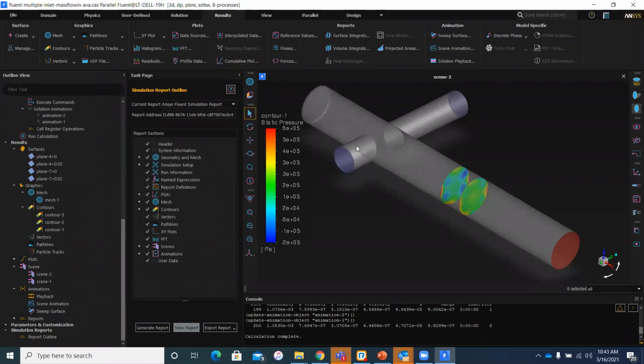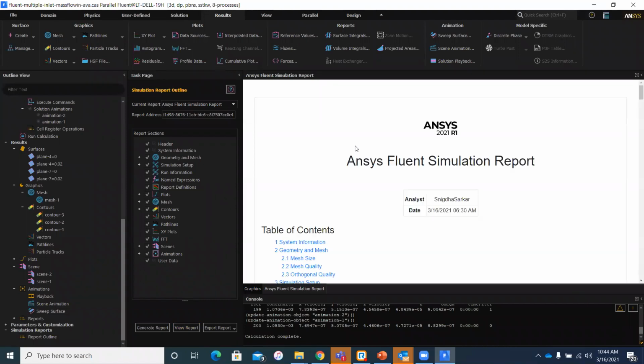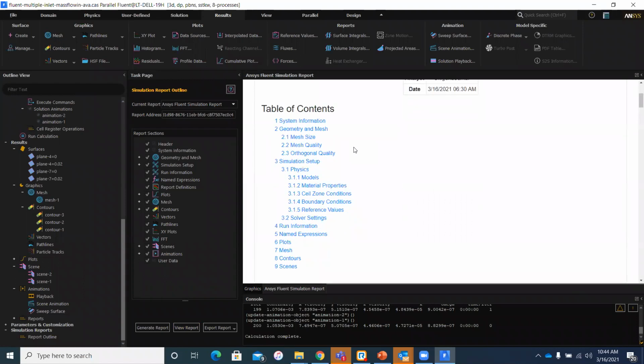But if you wanted to generate a report for a fresh case, then you would only see the generate report option available to you. So right now, it's going to take some time to bring up the report that is already in the system. So you'll see that there is a table of contents in this particular report, and this corresponds to